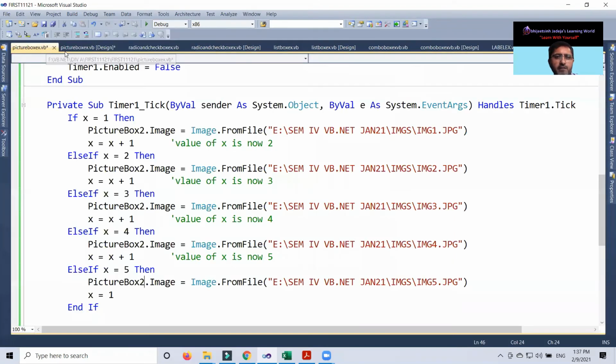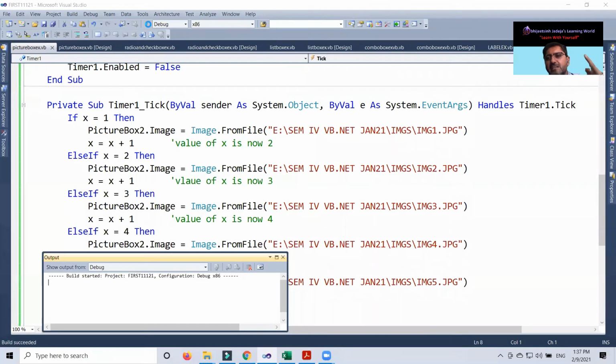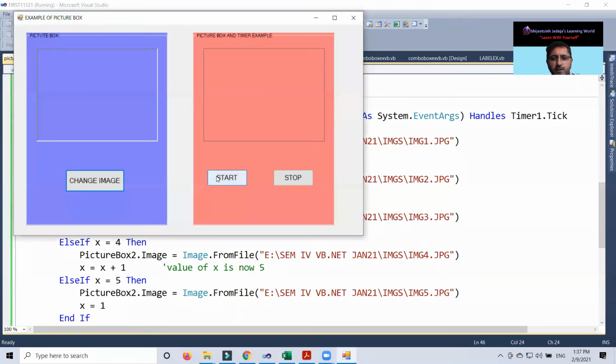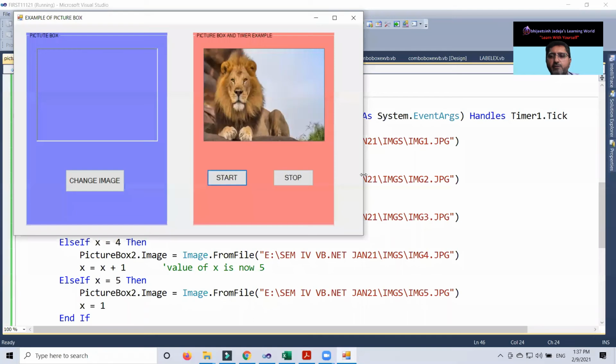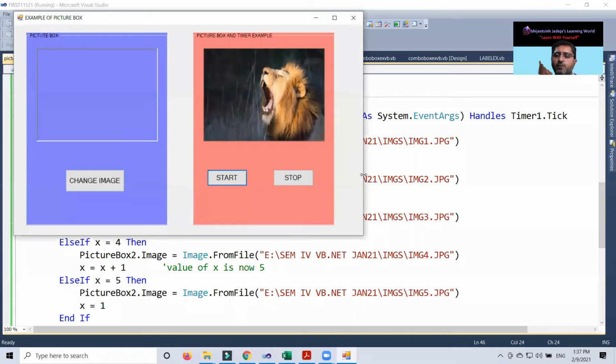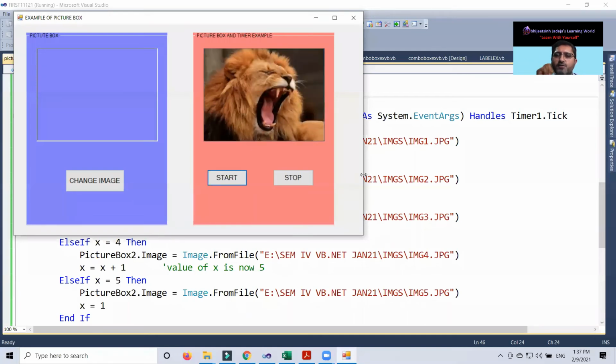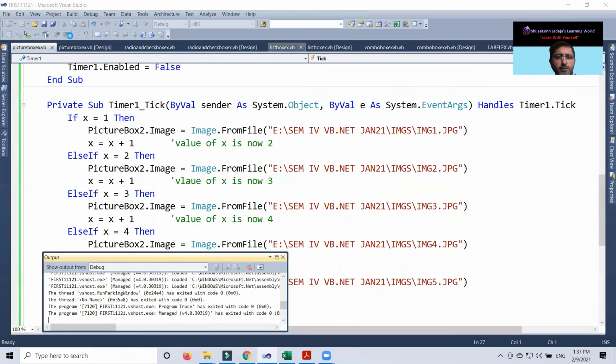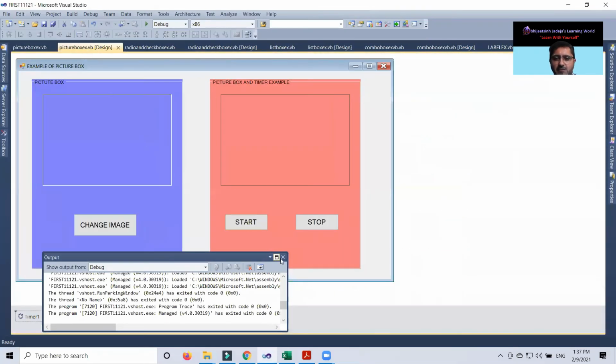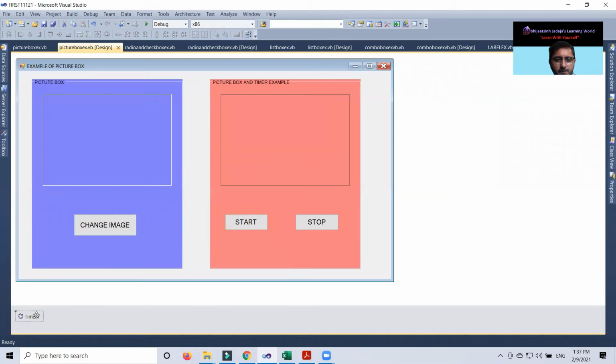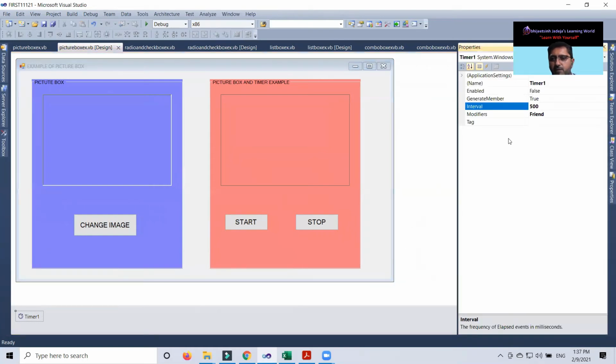That code, you know very well, it was the same code on the button's click event where I rotate the image. Look, now the speed is increased. You can clearly see that. Speed is increased because we reduced from 1 second to half second. So interval is a very important property to increase and decrease the speed of the timer.